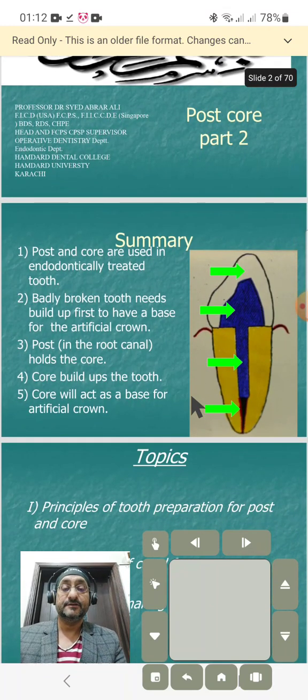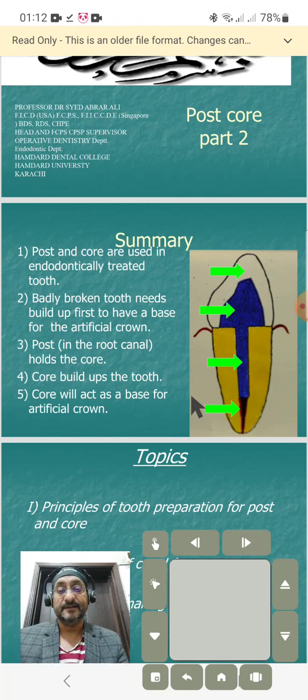Before we go to the detail of this lecture, we summarize the previous lecture. Post and core are usually used in endodontically treated tooth. A badly broken tooth needs build up first to have a base for the artificial crown. The post in the root canal holds the core build up to the tooth, and the core will act as a base for the artificial crown. This is the root canal material, this is the post, this is the core, and this is